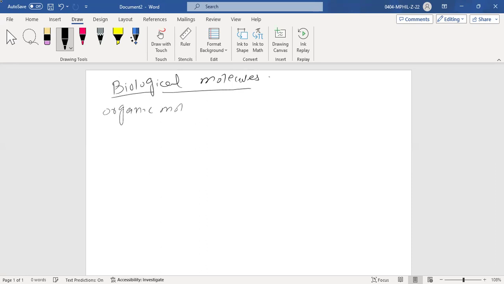Why are they called organic molecules? Because we mostly obtain these molecules from living organisms like plants and animals. The major sources we commonly get them from are plants. For example, the organic molecules we will mainly discuss here are: